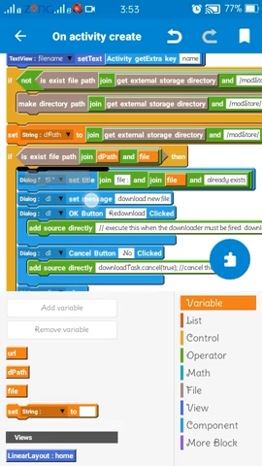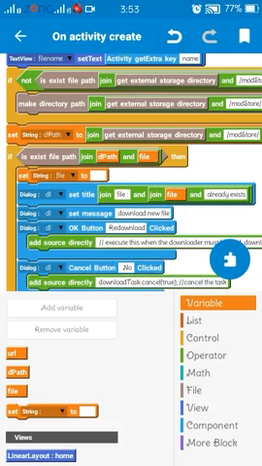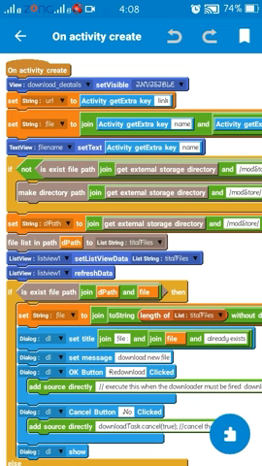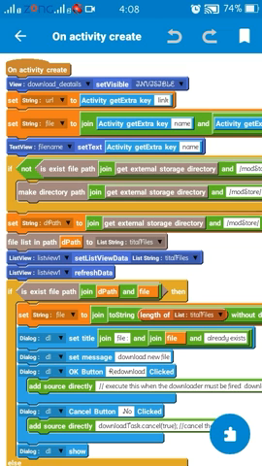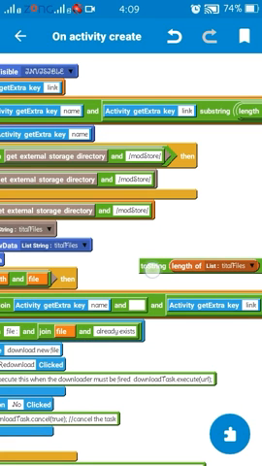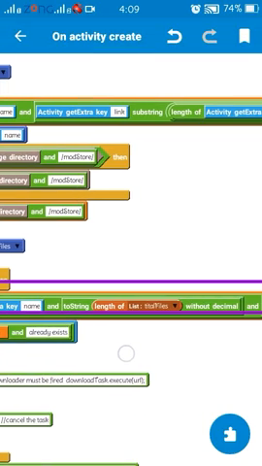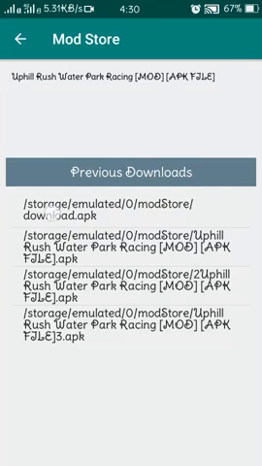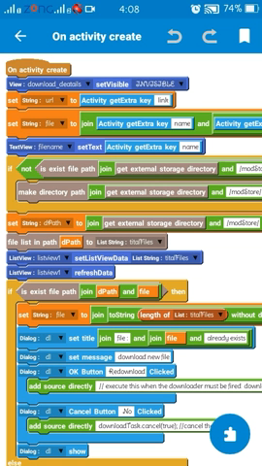If the user chooses to re-download the file, we will give it a new name so it does not overwrite already existing files. You can develop any algorithm to give our file a unique name. I am just adding the length of the list map, so the more files we have, the higher the number that will be added, so these files will not overwrite each other.